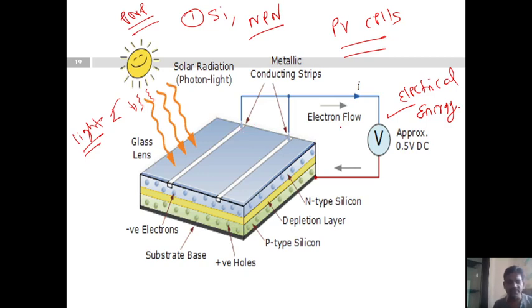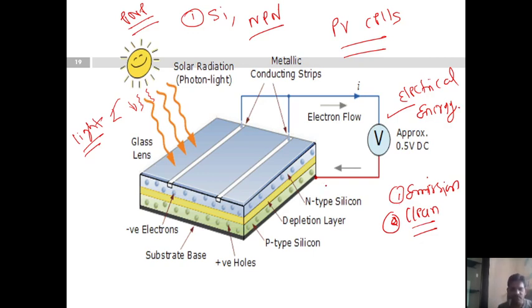This conversion process is effective as it produces no harmful waste or emission to the environment, making it clean, green and effective for energy generation. So we know that from the solar cell, after the generation of electricity, no emission comes out. It is a clean source of energy. It is eco-friendly. No harmful waste comes out from these photovoltaic cells. And it is renewable energy, meaning we can use solar energy again and again for the generation of electricity.